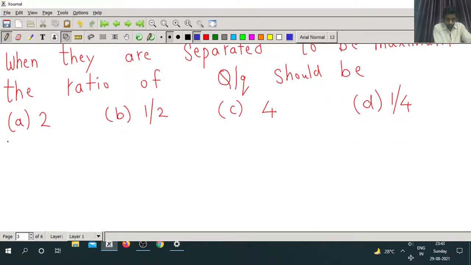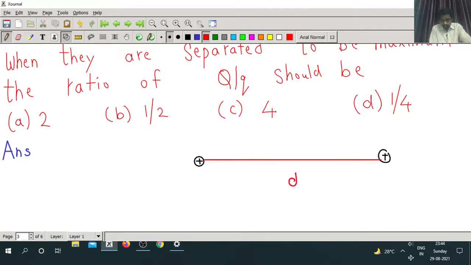So first of all let us draw the diagram over here. Now you can see here there are two charges I am keeping over here, and let me keep two similar charges, that is plus q and plus q, and it is given that they are separated by some distance, let me keep the distance as d. So you will find that there is a force of repulsion, this charge repels this charge, and this charge also repels this charge, and we have to show when the force will be maximum.